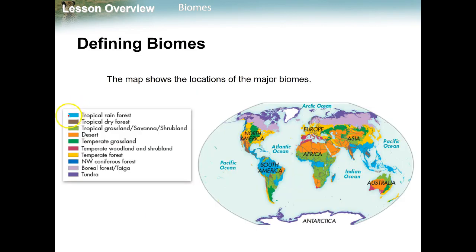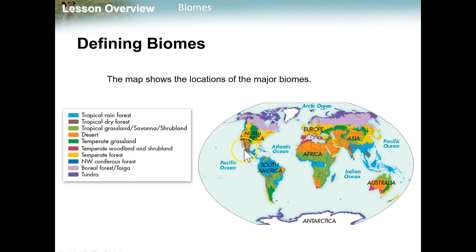So you can see that this aqua blue area is the tropical rainforest. There's tropical rainforest that runs through this part of Africa, and there's tropical rainforest that runs down here, and a little bit here, and a little bit here. So when you see that, you can say, oh wow, that's right along the equator where we see our tropical rainforest. We have our tropical dry forest, which will be the brown colors. And tropical dry forest, as we see, will have a rainy season and a dry season.